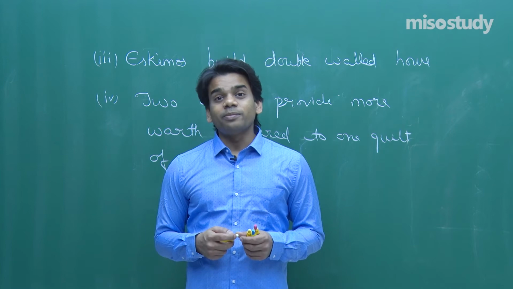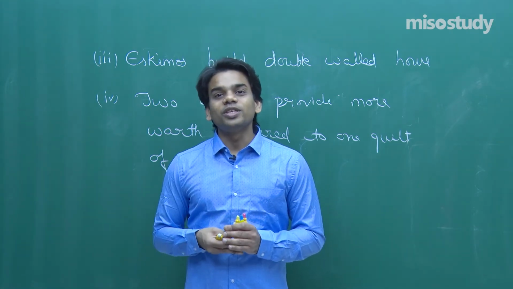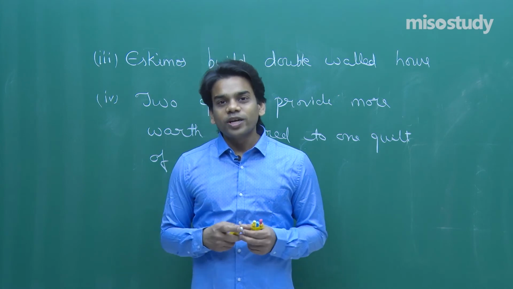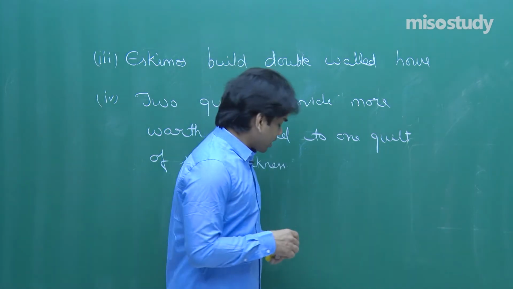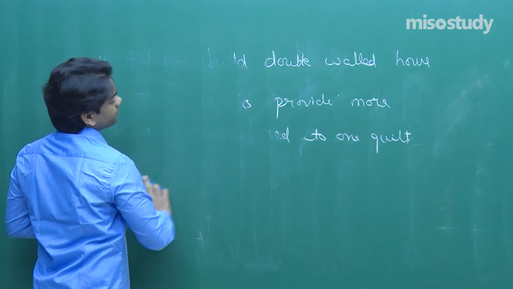Now next, you will find that wooden houses are made in places where there are chilly winters. Why are wooden houses made? Because heat energy from the house cannot escape into the external environment, since wood is a bad conductor of heat. So all these are practical applications of the concept of conductivity. Let's go ahead